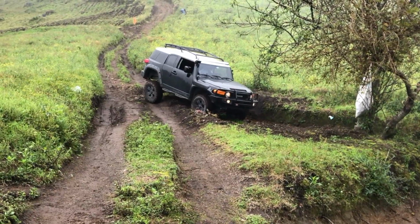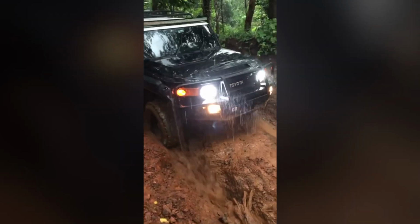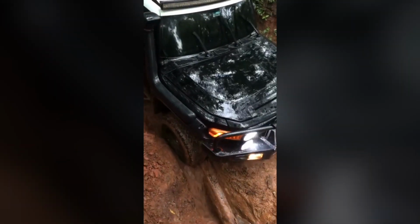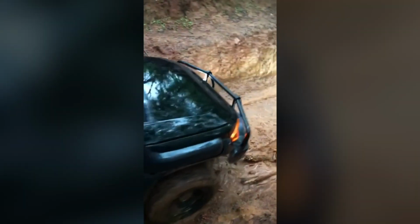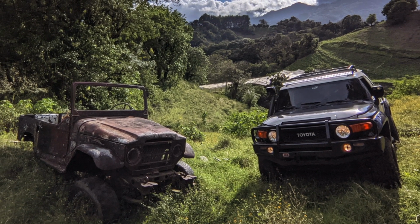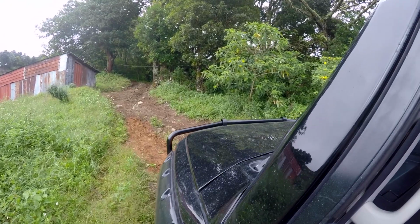I have put this car through its paces. I have put this thing into some crazy terrain, into situations that no car really should be going into. And it came out perfectly fine. To my surprise, I mean, I shouldn't be surprised. I know these things, I know the heritage, I know how capable they are, but it definitely surprised me several